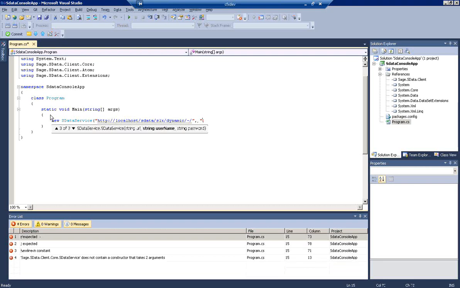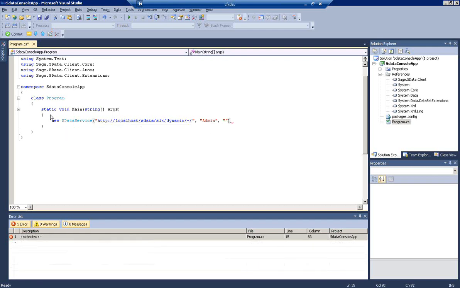And then finally here we're going to want to pass a username and password. In this case I'm just going to use the admin user, which in the case of this database doesn't have a password. So I'll just do a username and then a blank password. And of course, being an application, this is certainly something you can pass in. This particular app isn't going to have any user control since it's a console application, but